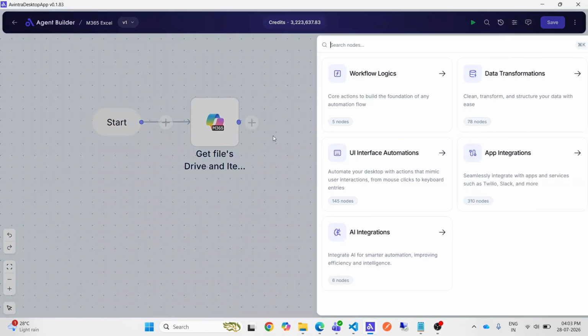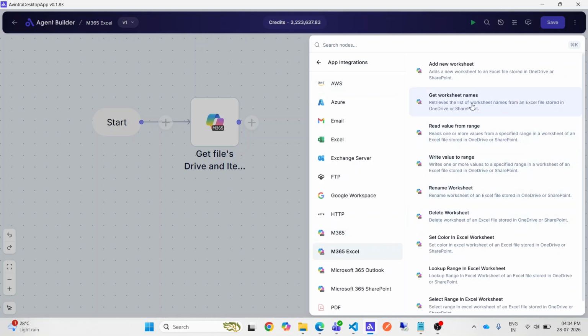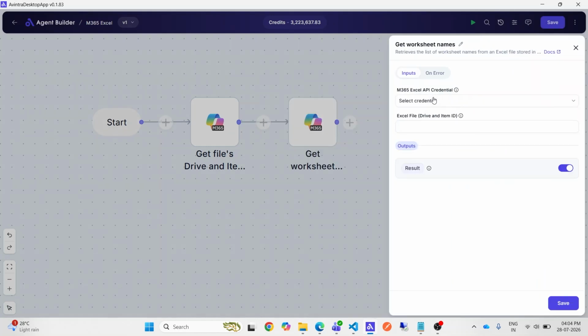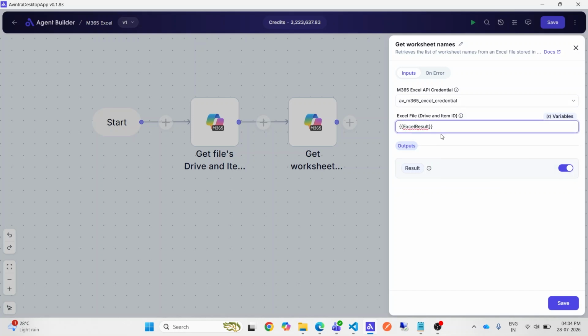Next, let's retrieve the worksheets available in this workbook. Add the Get Worksheet Names node and use the same Microsoft 365 credentials. For the drive and item ID input, map the values returned from the previous node, using the expression Excel